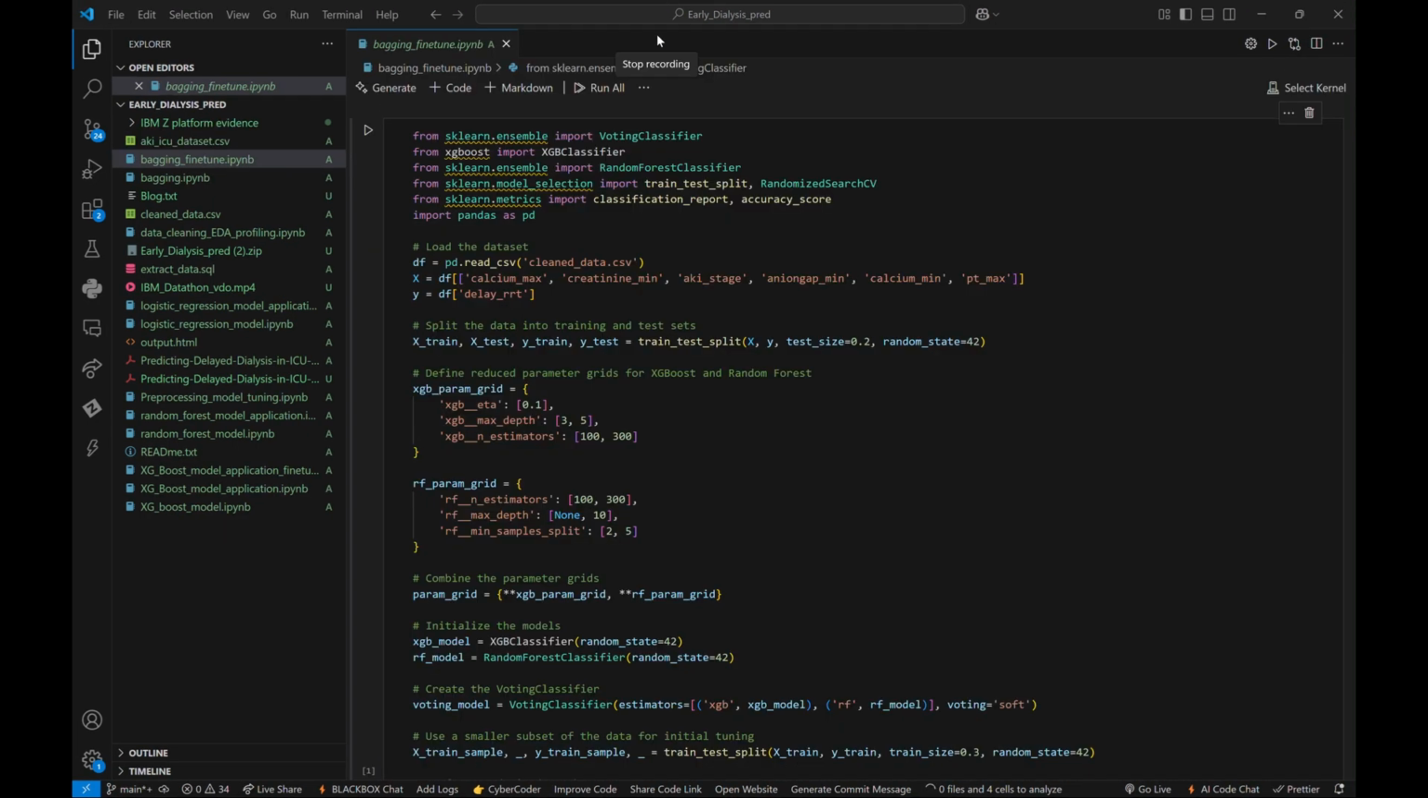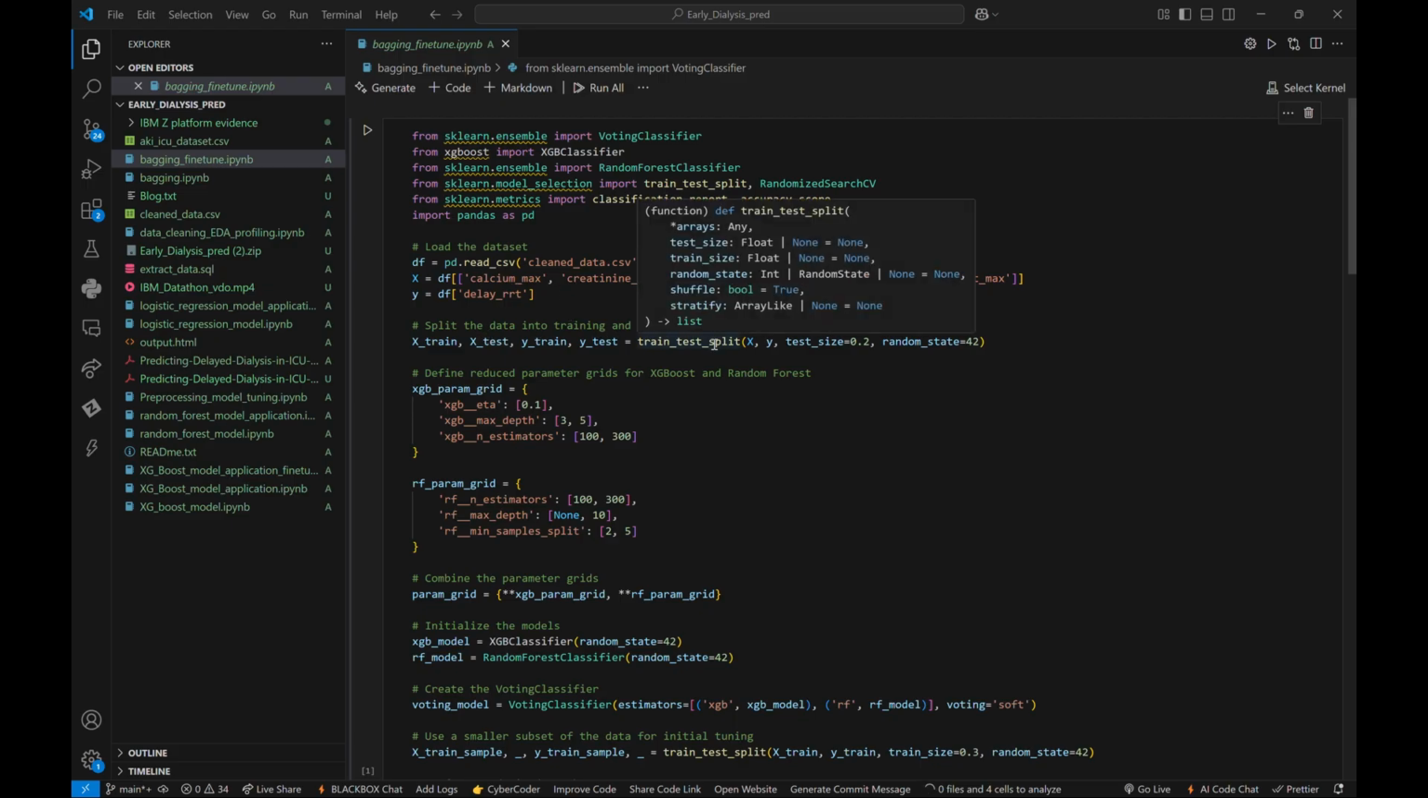Start from the first model, that is, bagging fine-tune. As you can see here, we have imported various packages from various modules. That is, we have imported VotingClassifier from sklearn.ensemble, XGBClassifier from XGBoost, RandomForestClassifier from sklearn.ensemble, and classification report from sklearn.metrics. We load the dataset and then split the dataset into training and test set so that our